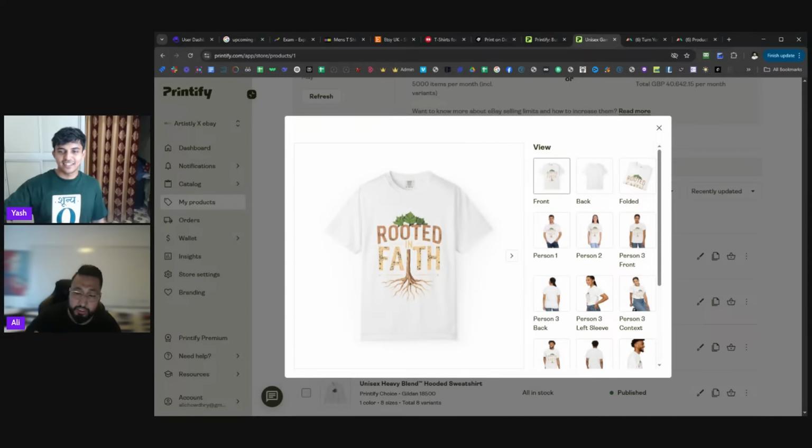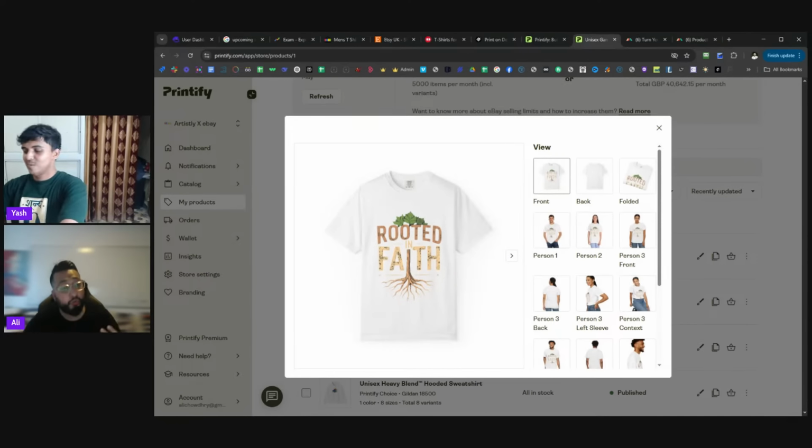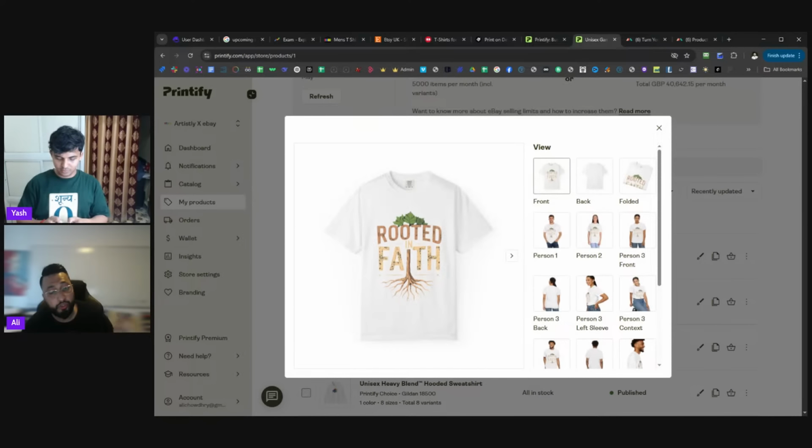Remember, I can customize the t-shirt. I can change the background. And the beautiful thing is that with Artistly, we can actually have our own professional mock-ups and models showing the product. Now, one thing to key in on with what Yash was showing you with the advanced editor,